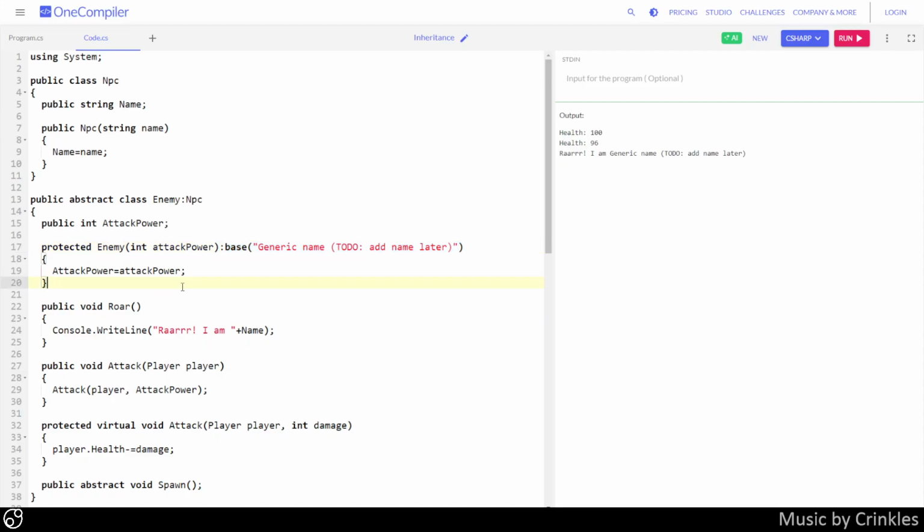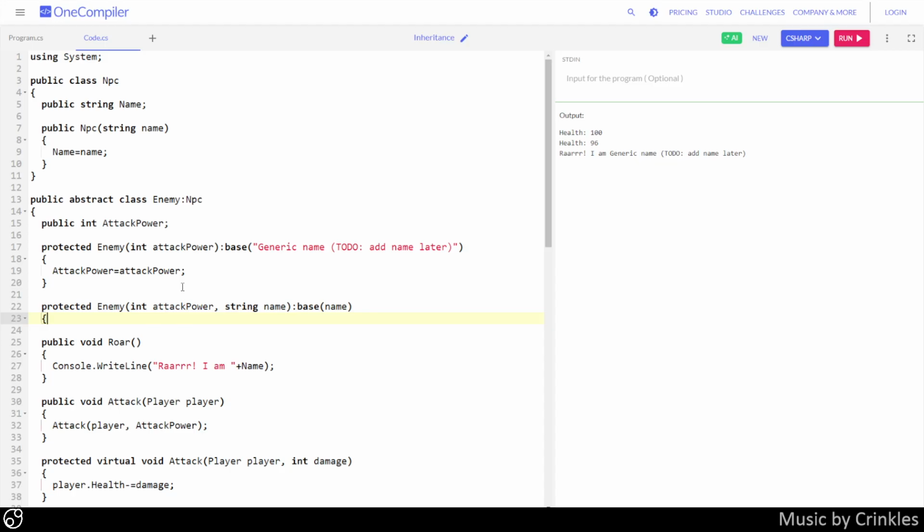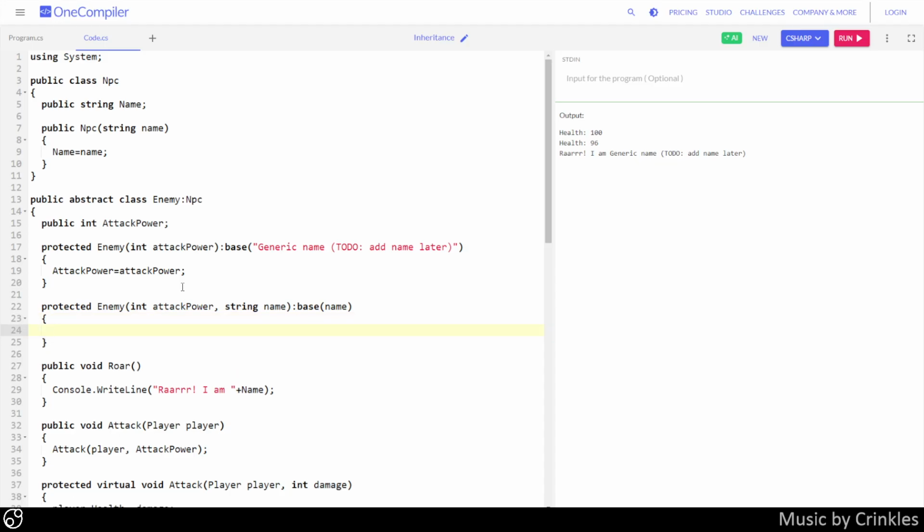So to do that, we would probably have a second constructor, attack power, name,